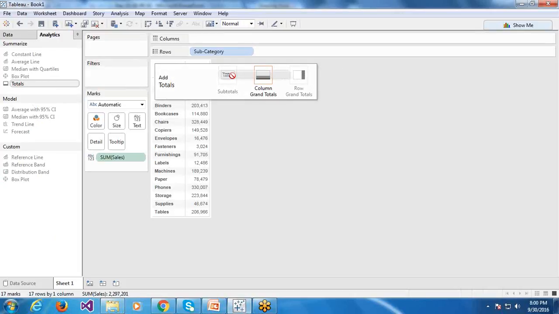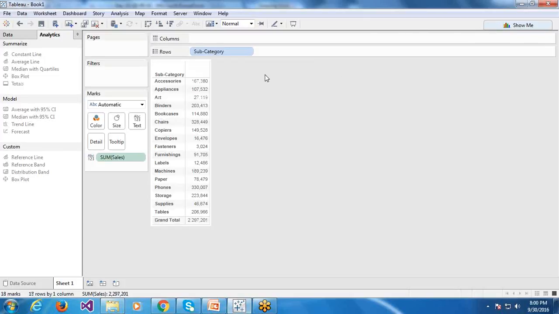We have row totals, subtotals, and column totals. But only column totals is enabled because we have only one dimension. So only column totals can be applied; subtotals and row totals are not applicable in this case. So let us drop on the column totals. It is giving you the total for the column. So that is how it is computed.